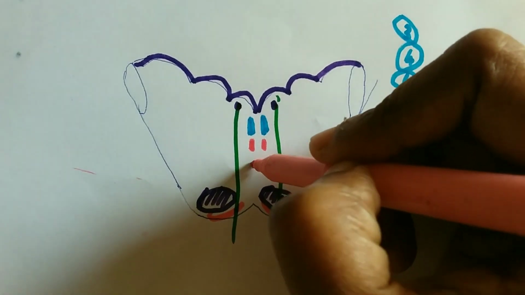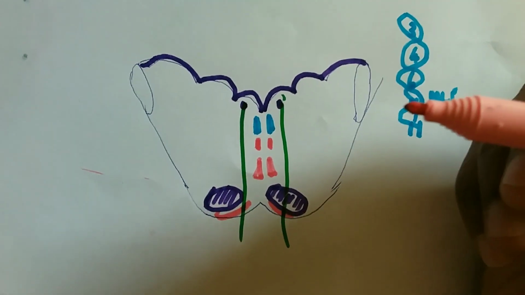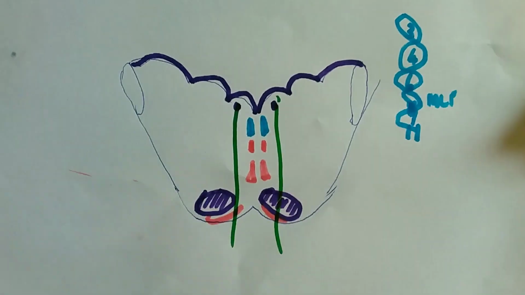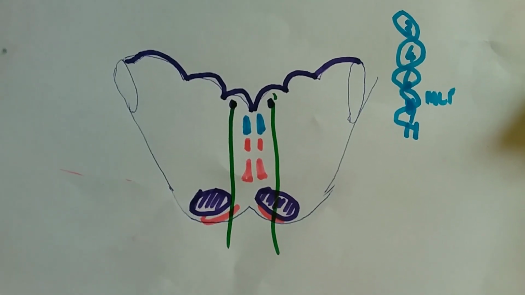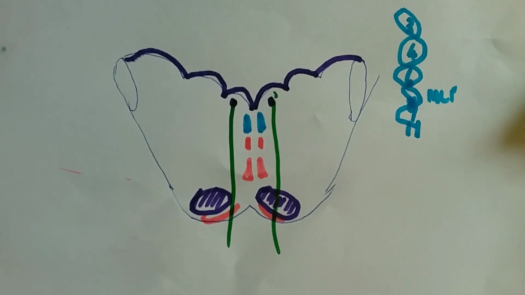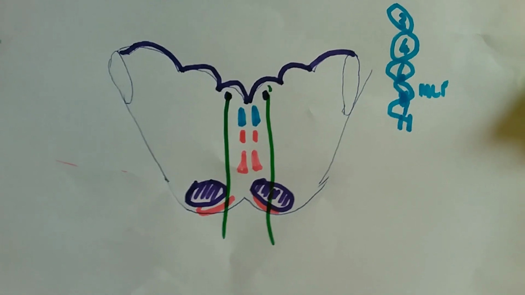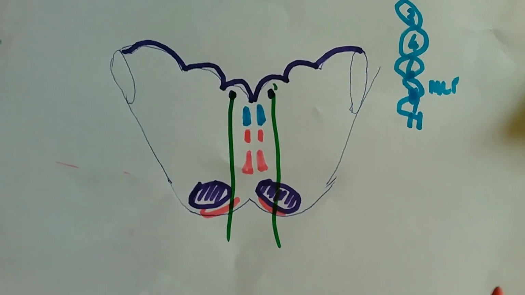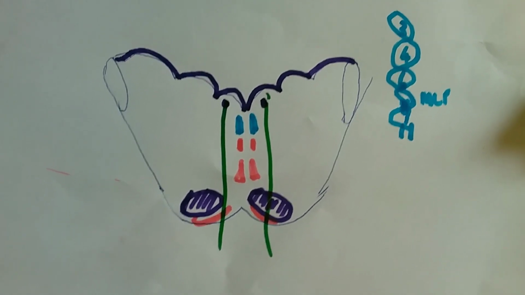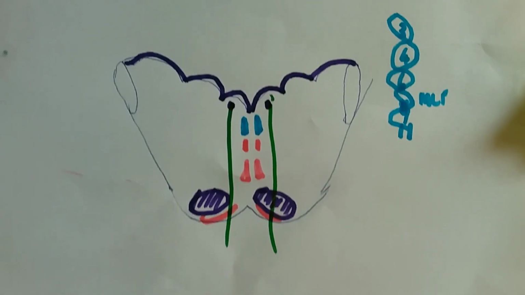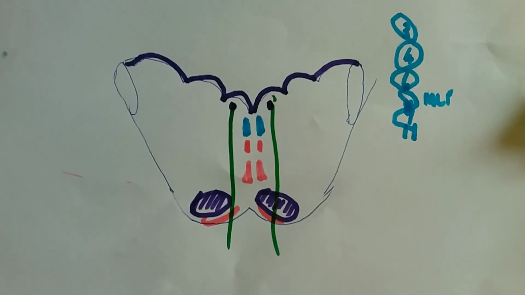Third one is medial lemnisci. Medial lemnisci we all know. Medial lemnisci is the one which carries the proprioception. Proprioception means position, joint, vibration. All these things are coming from your body to the thalamus. On the way they go, it is also called the posterior column. When it reaches the medulla, it decussates. Decussate means it crosses each other, both the sides, and they form the medial lemnisci. That's why medial lemnisci is a cross tract and it is present in the medulla. So keep it in mind.